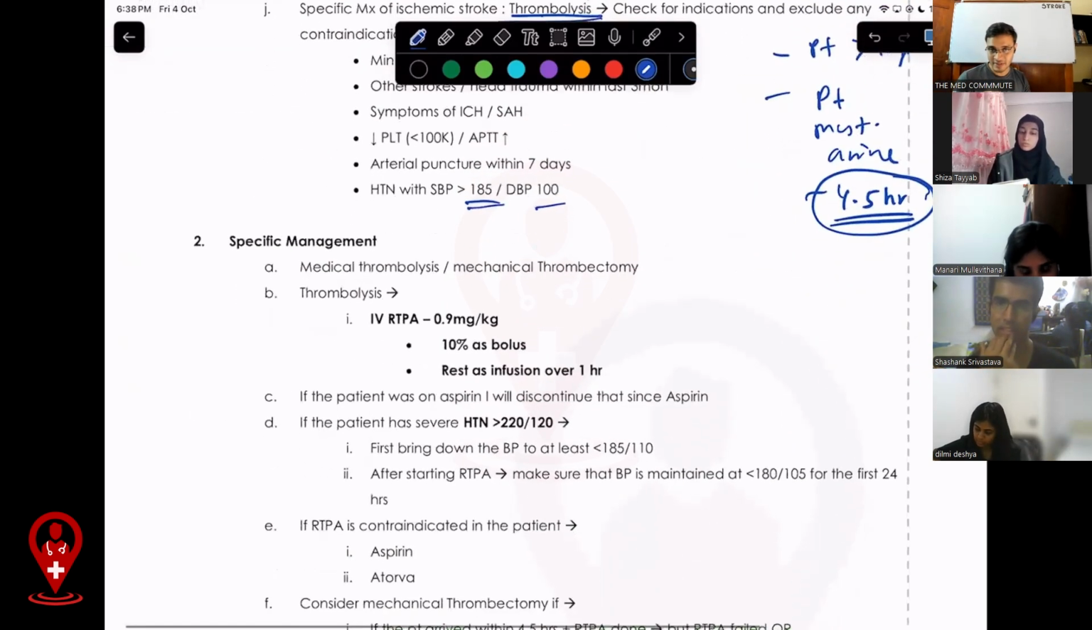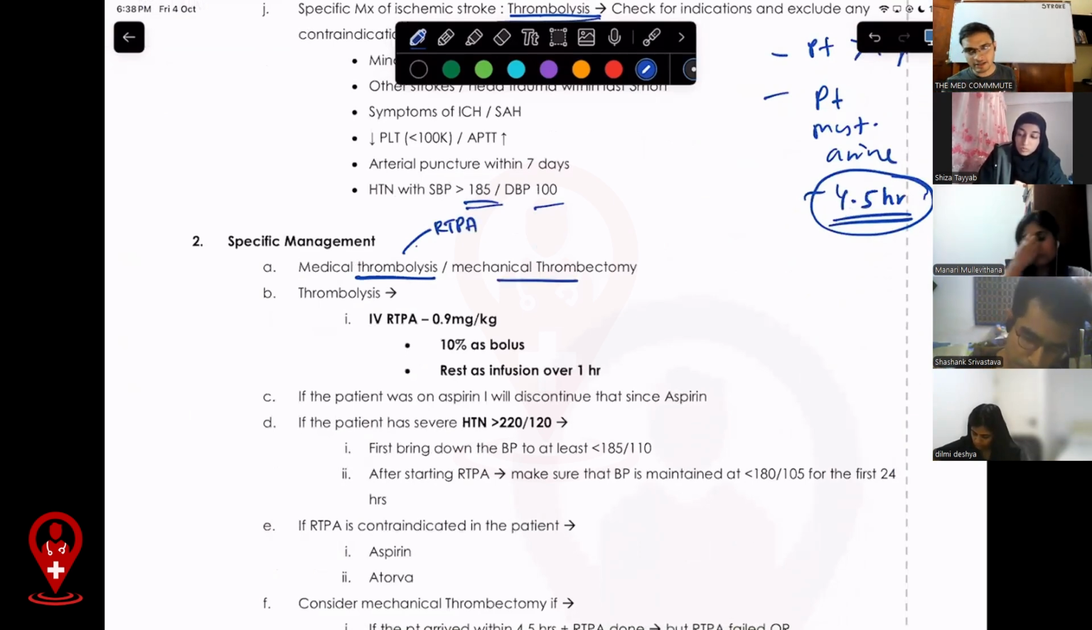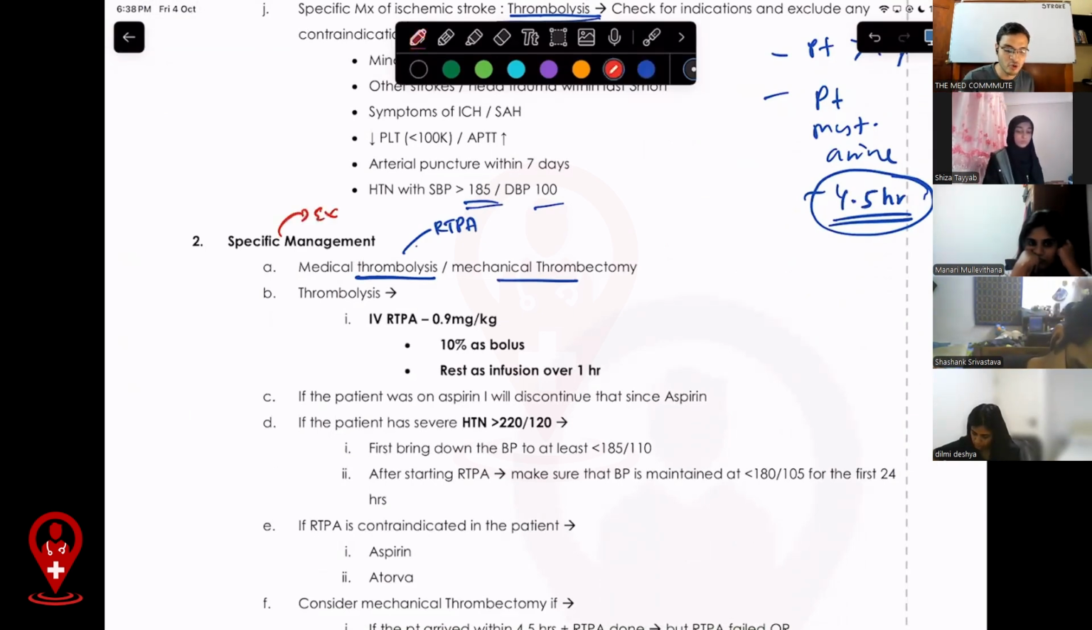Then, guys, we'll come to the specific management with RTPA now. What are our management options, guys? One is thrombolysis, or RTPA. And then there is something called mechanical thrombectomy also. We'll leave mechanical thrombectomy for a second. We'll talk about thrombolysis a little bit. Firstly, by the time you're about to start RTPA, what must you have done? You must have excluded